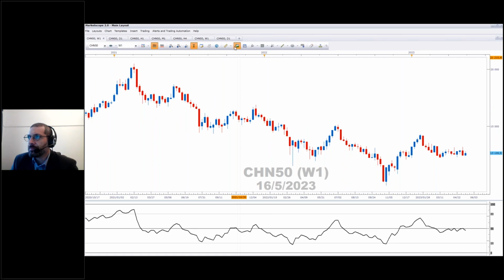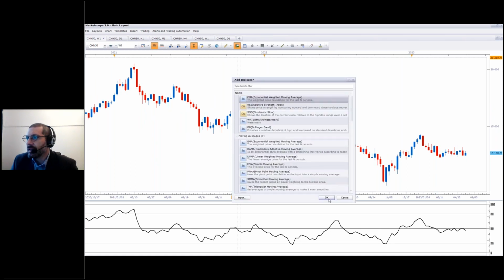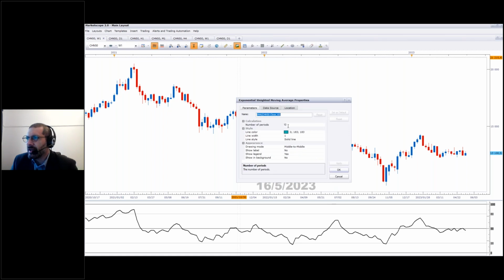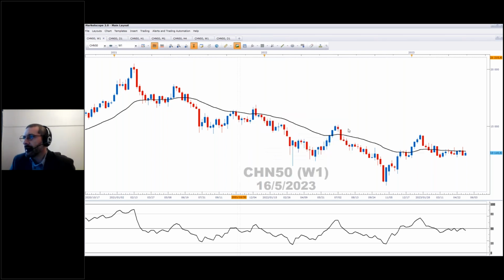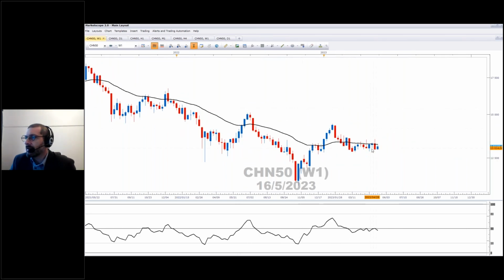I think if we add that in, it's used in Stan Weinstein's book, How to Profit in a Bull and a Bear Market, which, the title's not the best title I've ever seen, but it's a really good book. And what Stan Weinstein says, if it gets above the 30-week moving average and the 30-week moving average turns up, we start moving into what's called a markup stage. And I'm just taking a look to see if there is a bottom here, a head and shoulders bottom.